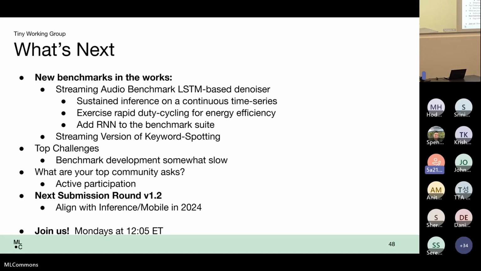We are composed of a lot of small entities, small startups and a couple of academic teams with sort of limited resources, and that has resulted in it being a struggle to develop new benchmarks at a good velocity. So that's been one of the things that we're working on, which on the flip side means that if you're interested in working in this space, you've got an opportunity to really make a big impact. We're always looking for volunteers to help out with development. There's a lot of really interesting problems that straddle the boundaries between computation and hardware and software. It's a lot of fun to work on.